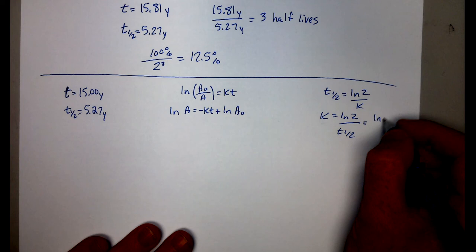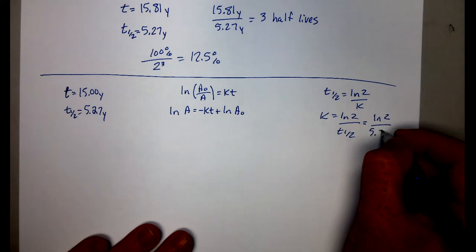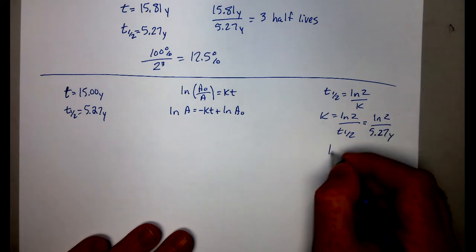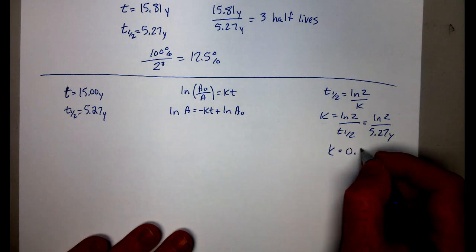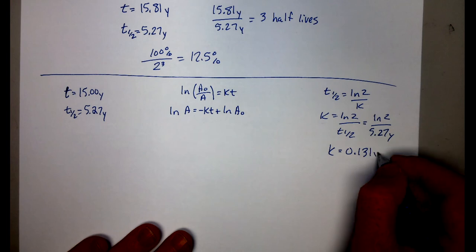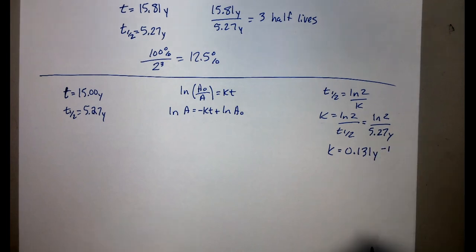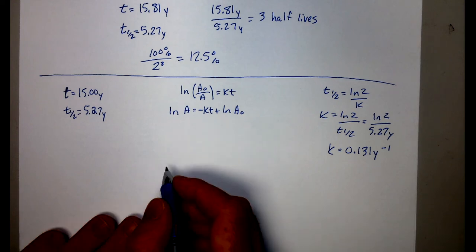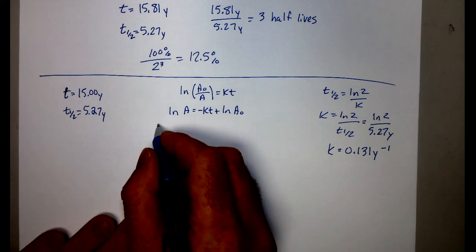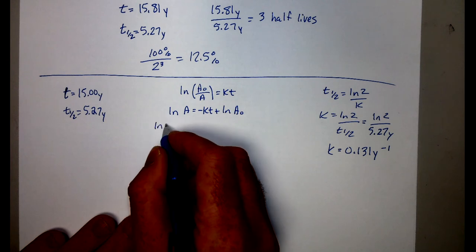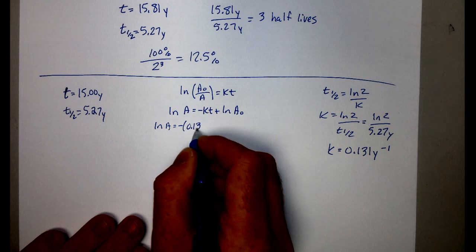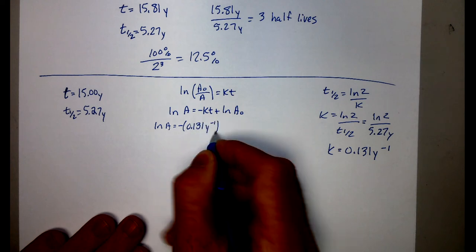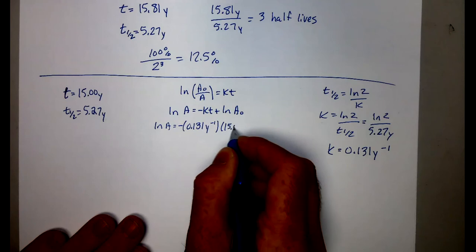So we get ln of 2 divided by 5.27 years. So our K is going to equal 0.131 years to the minus 1 power, running that through your calculator. So then we just do a little plug and chug. Ln of A equals negative K, 0.131 inverse years times 15 years